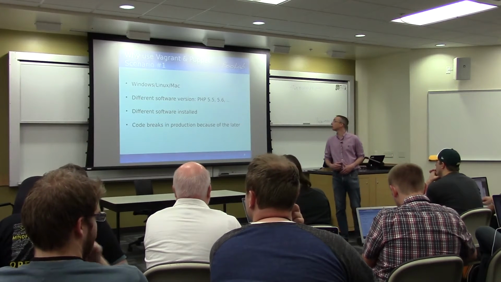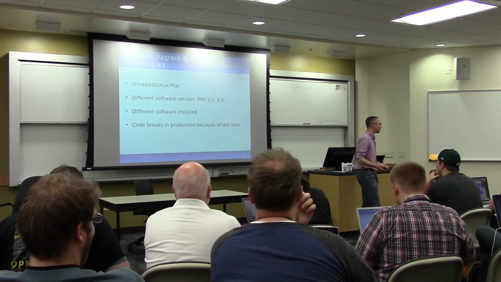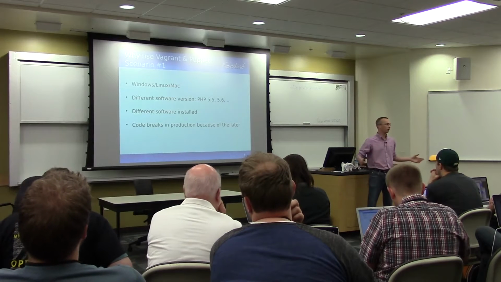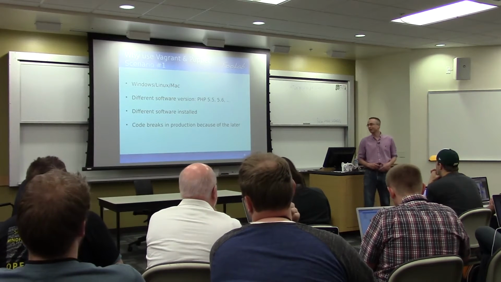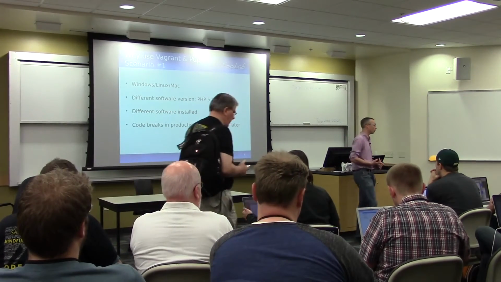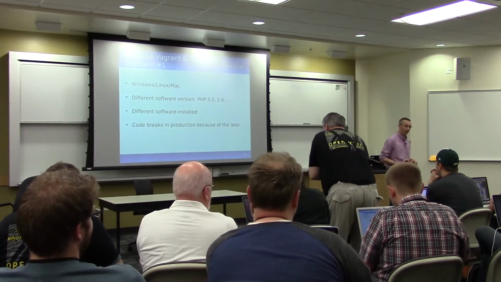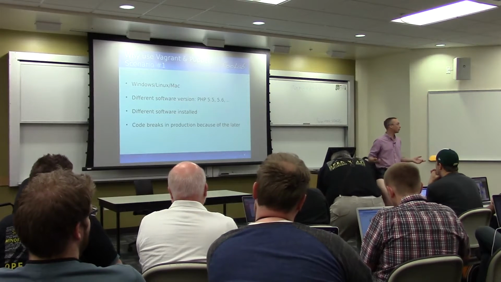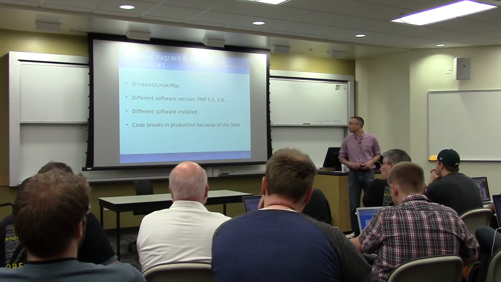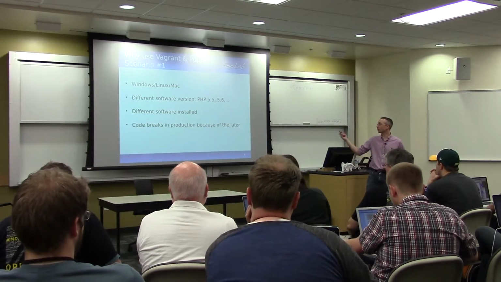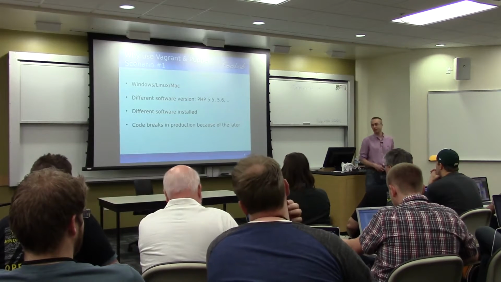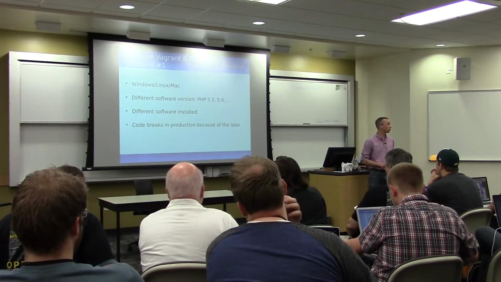So why use Vagrant and Puppet? First scenario is you have multiple developers, and you have a loose policy. So you have people running Windows, Linux, Mac, whatever system, because developers are very picky about their operating system. People install different versions of PHP because they like to play with different versions. It's fun, it's cool, it has new features. We all want to try it.